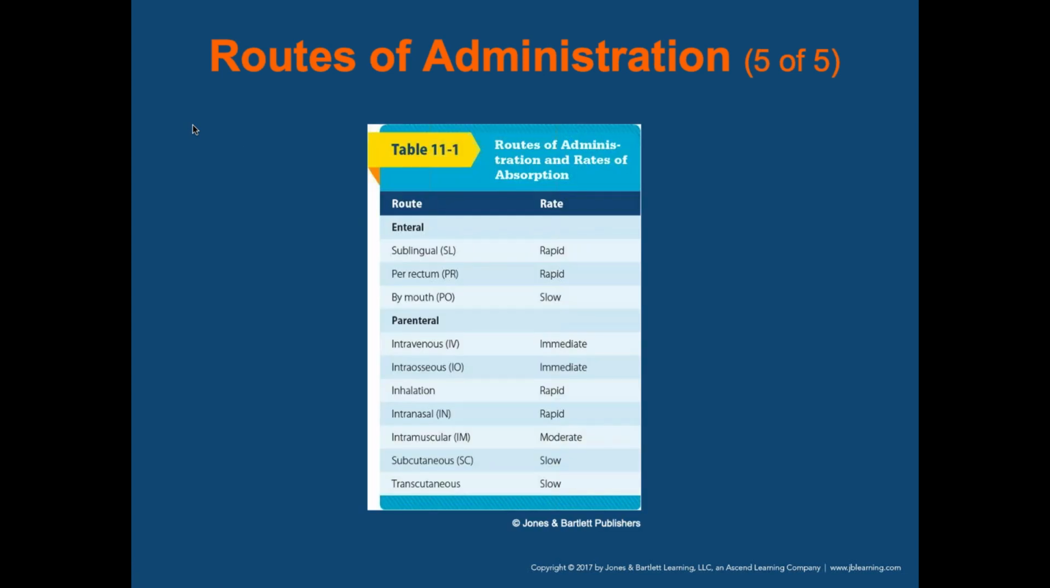And these are kind of like the absorption rates that are in your book. So sublingual is pretty rapid, under the tongue. That's going to be your nitro. Rectal is very rapid because your